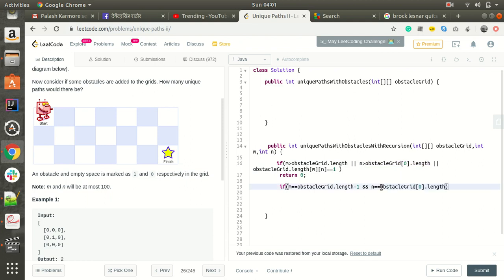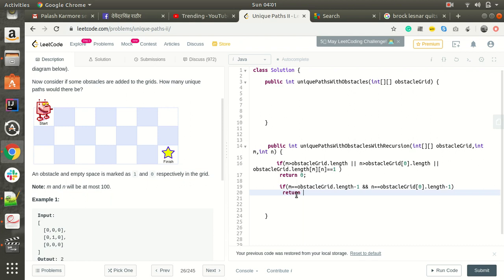So this is the second condition. If m is equal to obstacle grid dot length minus the number of rows, the second row, in this case it will be 0 1 2. So m is equal to 2 and n is equal to 0 1 2 3 4 5 6. So n is equal to 6, then it will return 1.